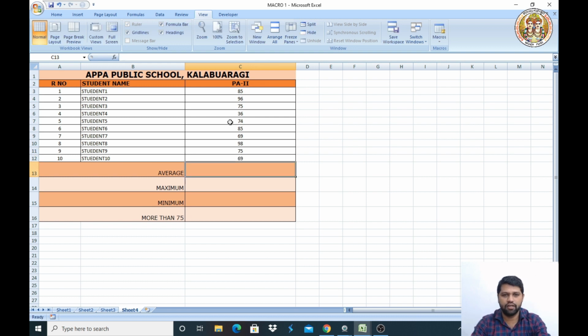The same function, Control plus Shift plus P. So I have clicked here, Control plus Shift P. This is the way of creating the macros.